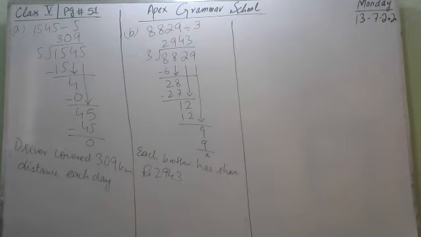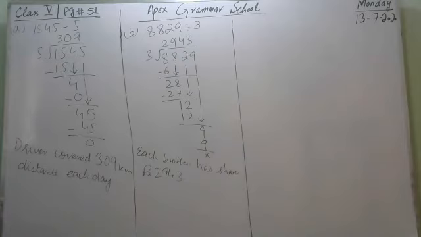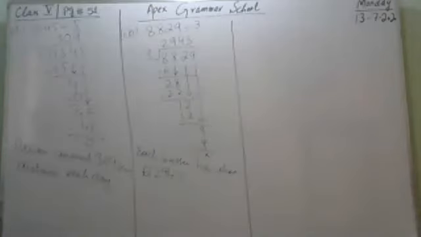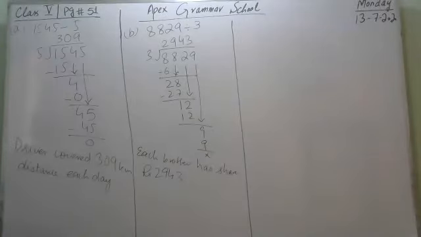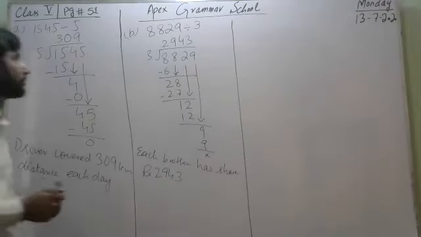C part is a factory made 43,750 individual sandals in a year. How many pairs of sandals were made? To find out the pair, we have to divide the individual number of sandals by 2 because pair means 2.